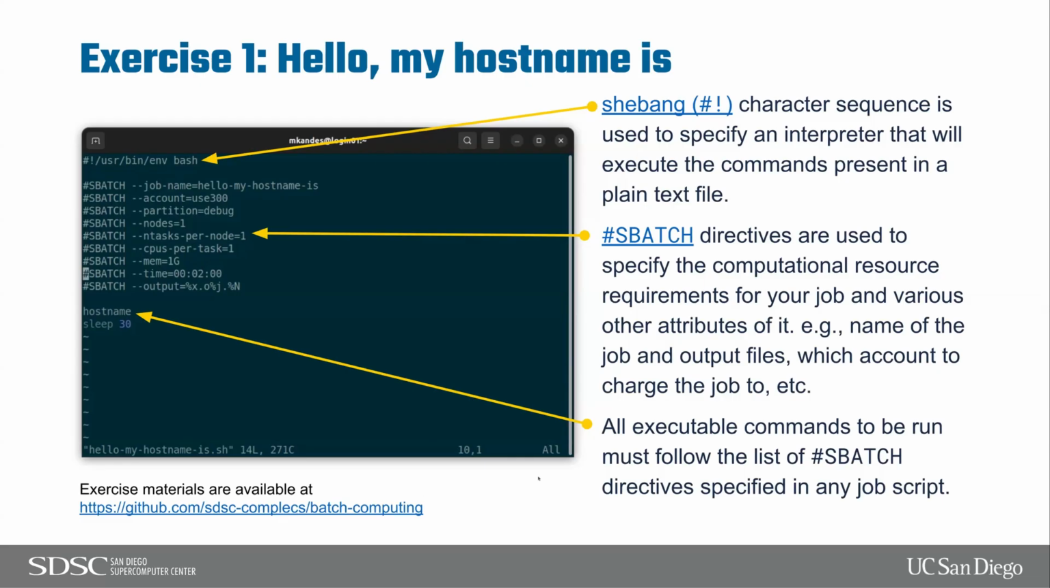Okay, so this is the first exercise. It's a very simple batch job script, a Slurm script. As I mentioned, this is usually just a shell script that you'll write for submitting to Slurm. On most systems these days, the default shell that you use is bash. So the first line of the job script itself here is this shebang character sequence that